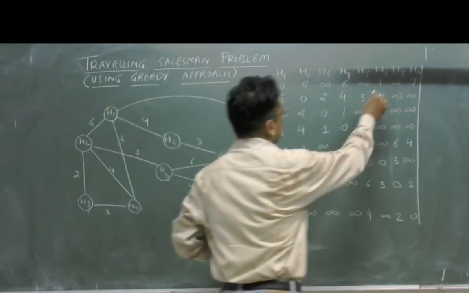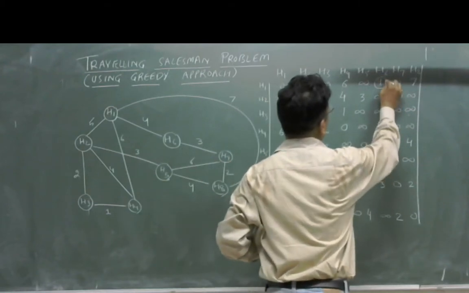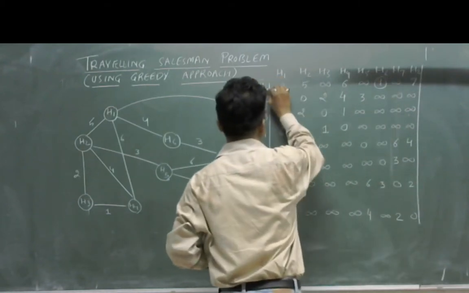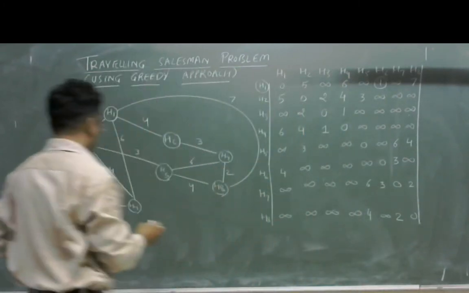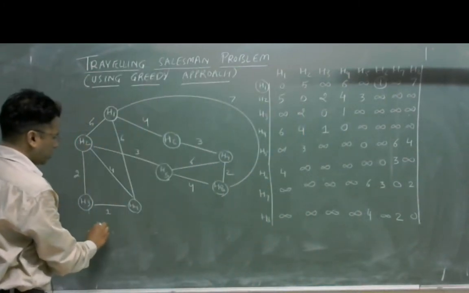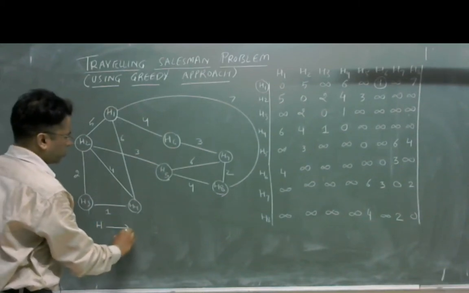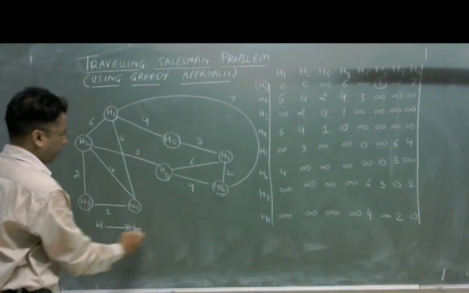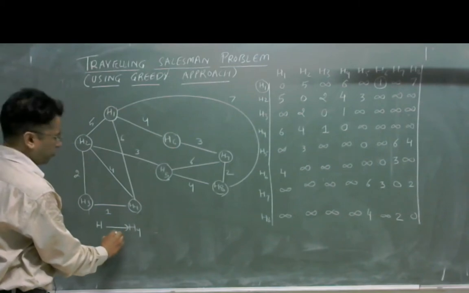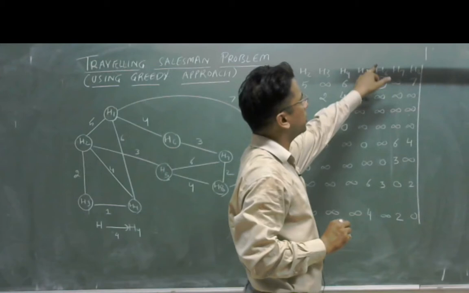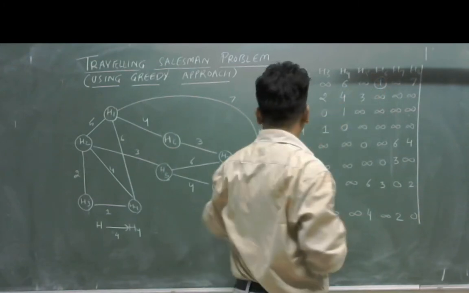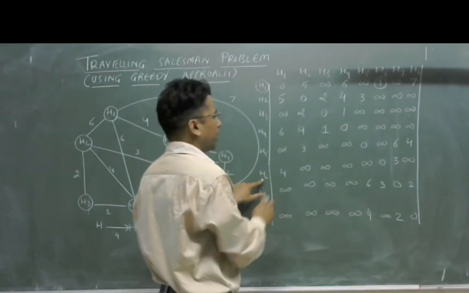Among these, H1 is connected with H4 by a distance of 4. So I shall write H1 is connected to H4 by a distance of 4. Right? After that, since we are at H4, I shall mark the node H4 here, and I shall